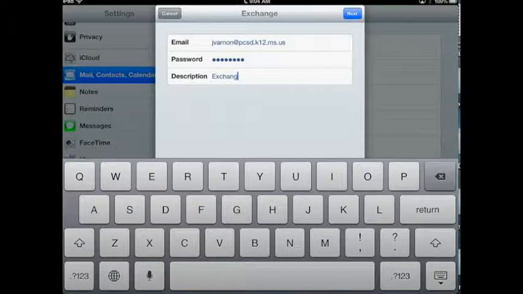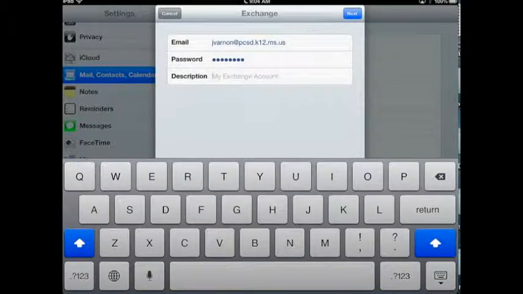So you would just put in the password, the same one you used to log in to your email at school, and you'll see a little blacked out bar on the video. And then under the description here, you can leave it to say Exchange, or you can go in and enter in what you would like. I usually put PCSD. Okay, once you do that, you hit the Next tab up in the top right corner of the Exchange box,